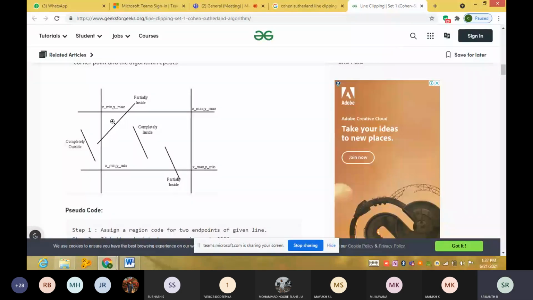So there is no rule that, guys, all the lines whatever we draw should lie inside the window. It can lie inside the window. It can lie outside the window. Partially it can lie inside the window. Partially it can lie outside the window. Like that, there will be different cases. So what we need to do is we need to select the lines which are only inside the window. We need to display the lines only which are inside the window. For that, we have one algorithm called Cohen-Sutherland algorithm.